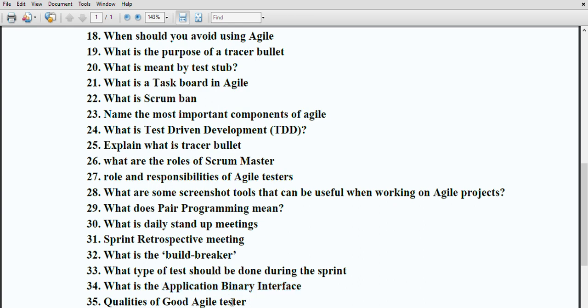Then the last question is, what are the qualities of a good tester? As a good agile tester, you must have the ability to understand the requirements very clearly. You must know the principles of Agile, and all the terms and concepts related to Agile. Based on Agile, you must be able to assign priority to every task, identify which task is important and which may involve risk, and you must be a quick learner. These are some qualities of an Agile tester.